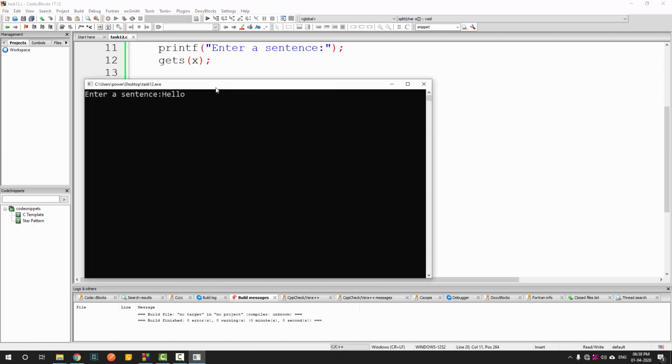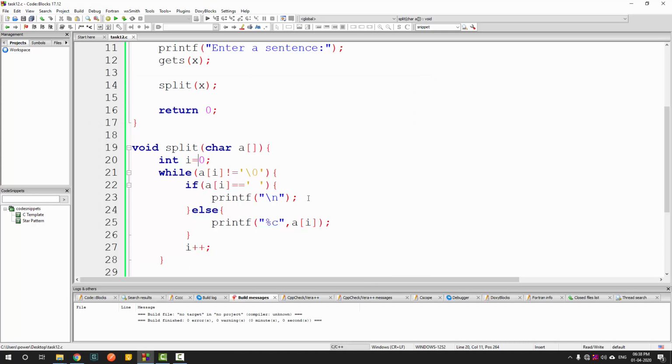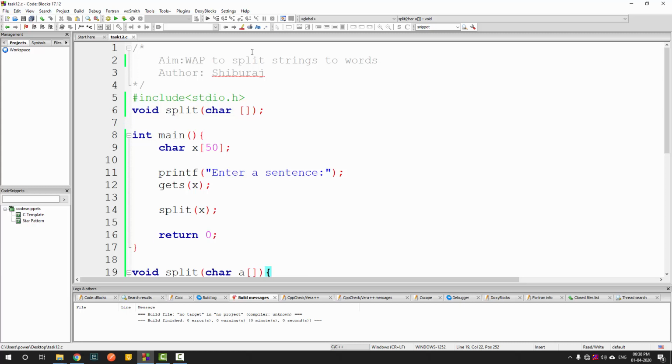Now when I run it, you can see I get hello world, hi Shibu, all the words separated into different lines. I hope you have understood how we have done this, and this is how we handle strings and arrays inside functions. Okay, I hope you have understood. We will see you in the next